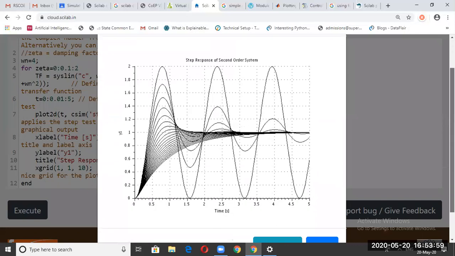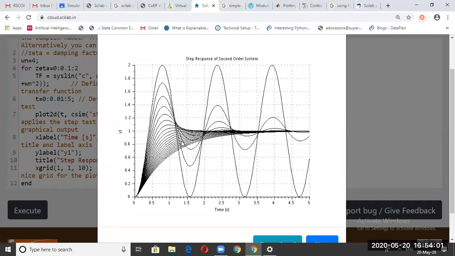So this is how it will look like now. You will have the first zeta value, which is 0, then increase the zeta value to 0.1, then increase it to 0.2, 0.3, 0.4, 0.5, 0.6, 0.7, 0.8, and then 1.